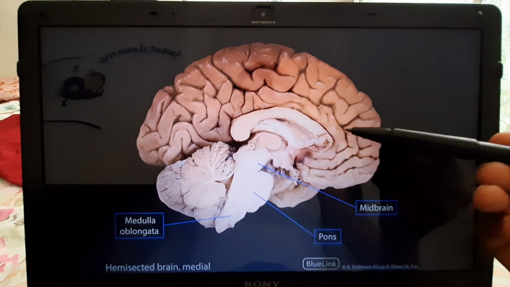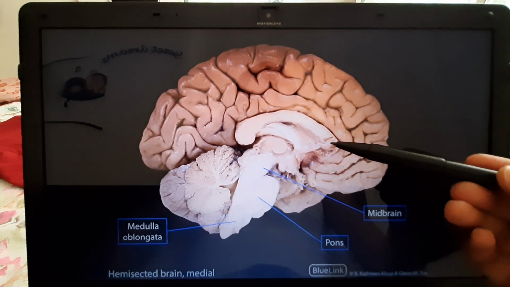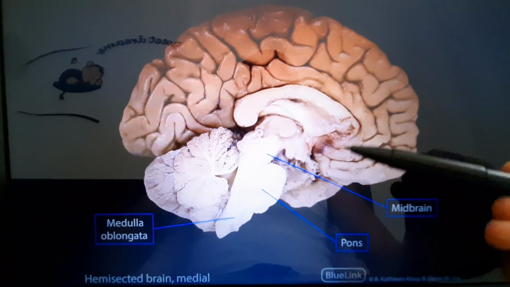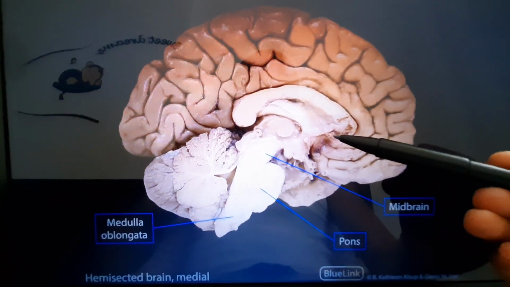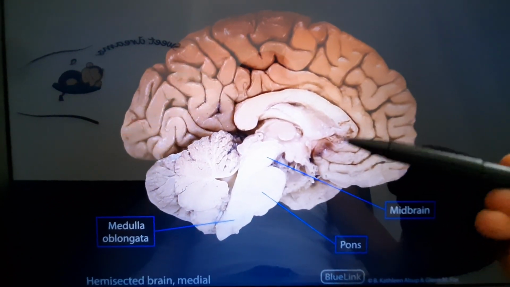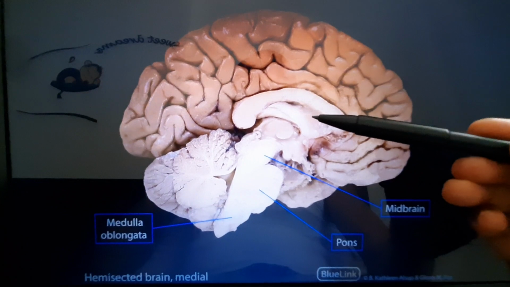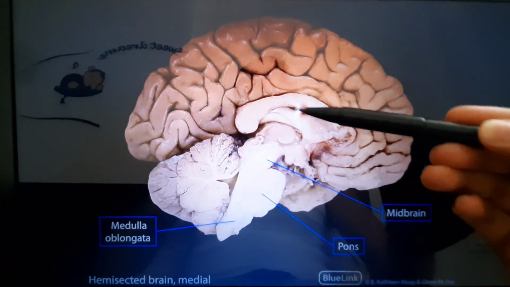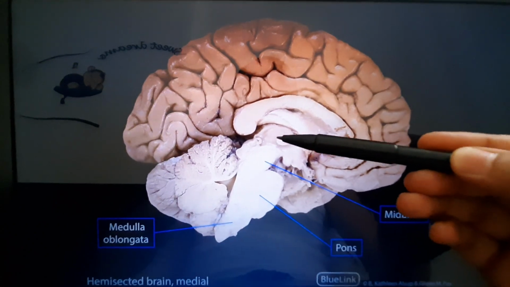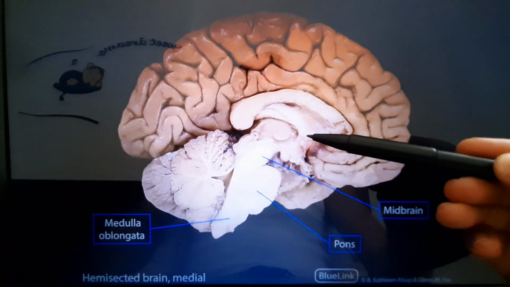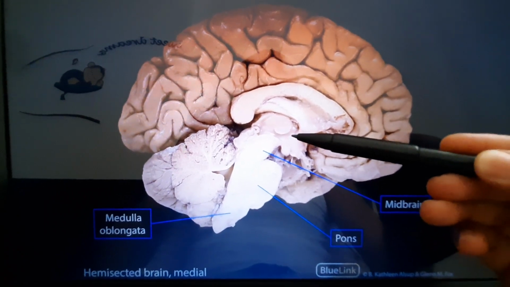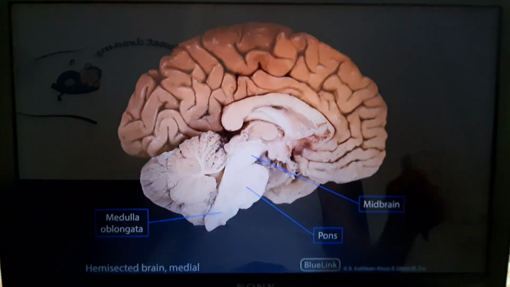So here again, this is a coronal section of the brain, where we just need to understand where the rostrum is present over here. This is the body. This is the typical central part, and you can see this is the lateral ventricle. You can see the thalamus over here, and the interventricular foramen is present at this region, where it is connecting with the third ventricle.